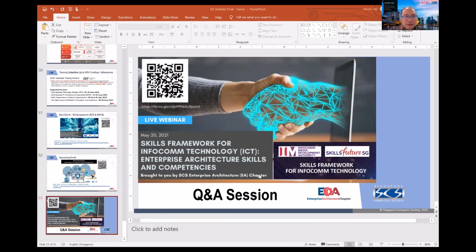Then there's something: the IMDA site is still showing GSC, but SSG shows CCS. Oh, that one I need to check, Benjamin. Yeah, for this, I think this is a recent change. I think SSG changed the terminology from generic skills competency to, I understand, critical core skills. So I think it's just a change in terminology, but the content and structure of the GSC is still pretty much intact. So Lim Hong, I think you can still use the current structure or the documents as reference points for the skills framework. There's no change in content. It's just a change in terminology.